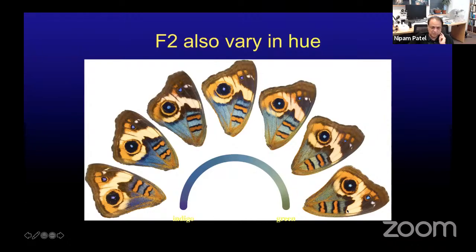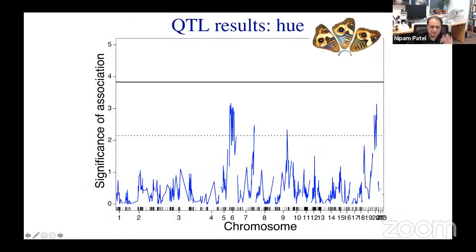So this data is more preliminary right now, and we're still refining the genetic map. And actually, we have a lot more animals, a lot more genotype data to put in. But it does seem that there are probably about 4 loci that underlie this variation. And you'll notice that these 4 are non-overlapping with the 2 that control percent coverage. So again, we don't know what these genes are, and we're still refining the QTL analysis. But it looks like we will be able to begin to narrow down what may be the genes that really control the precise thickness of the lamina. And so I think that'll be quite fascinating to find out.